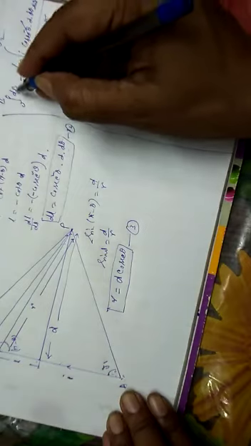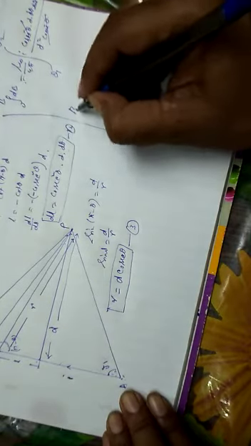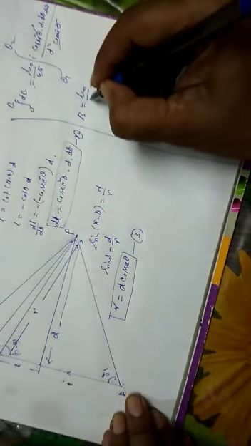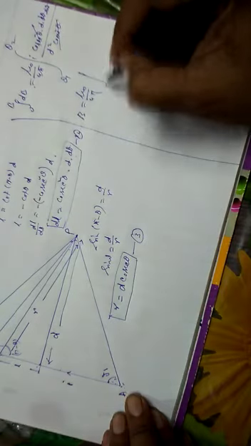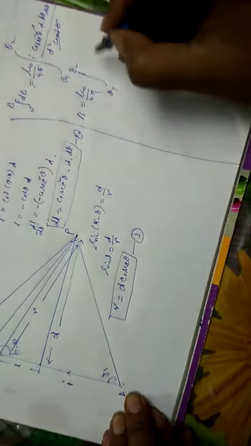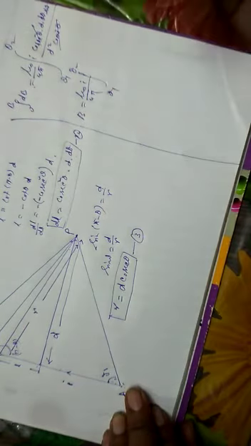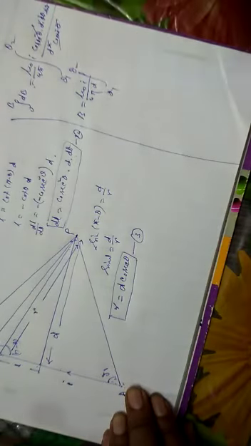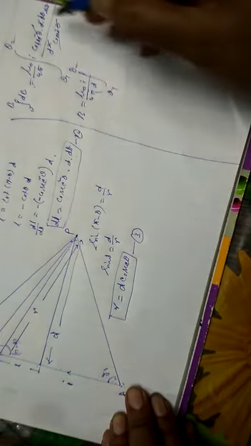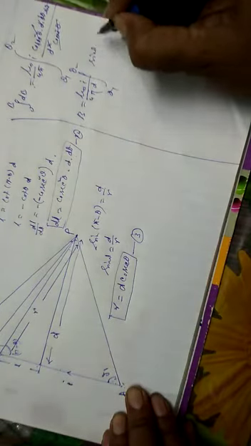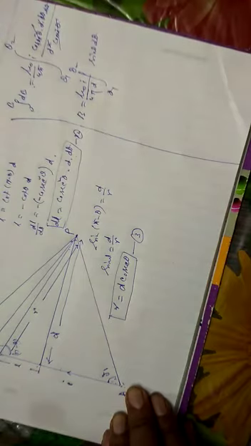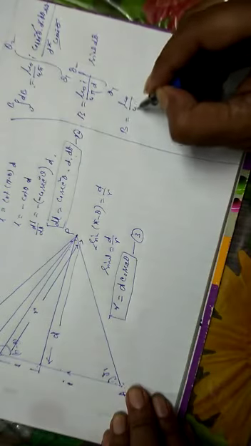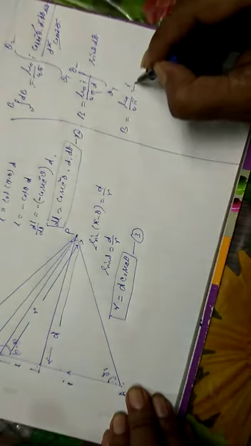So for del b, integration of del b becomes b. So it is b here, and is equal to mu naught by 4 pi, theta 1 to theta 2. I is constant, so I will come out of the integration. D and d square get cancelled, only d remains. So d will come to the denominator, only d. Only sin theta d theta is left. Clear? So your b is equal to mu naught by 4 pi I by d,